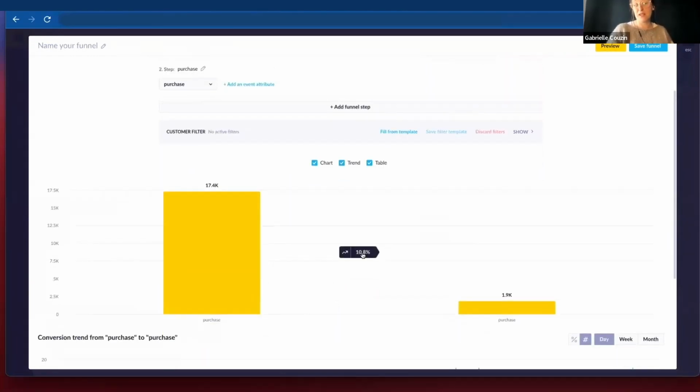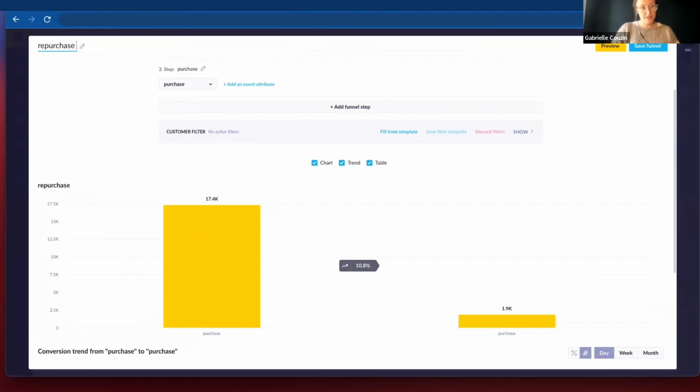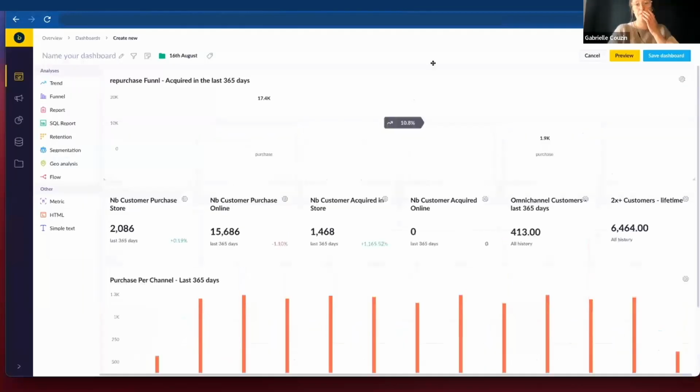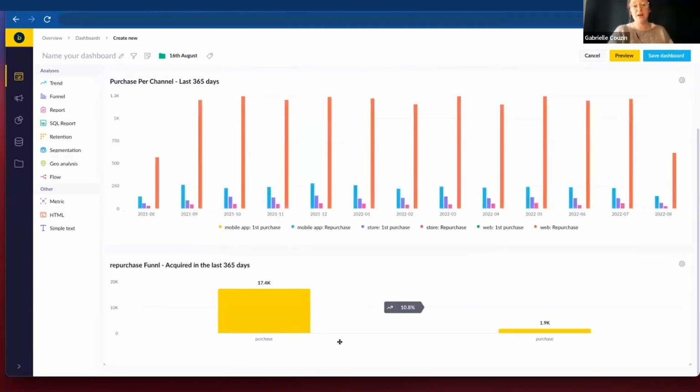And here I go. I have about 11% of my customers that repurchase, and they take on average 74 days. So this is my repurchase funnel for people acquired in the last 365 days. There we go. I'll drag that one down here. It looks really massive here, but I'm going to change that in a second because I want to add a